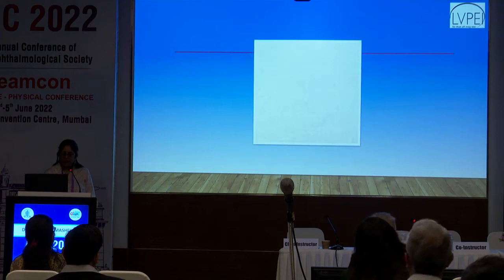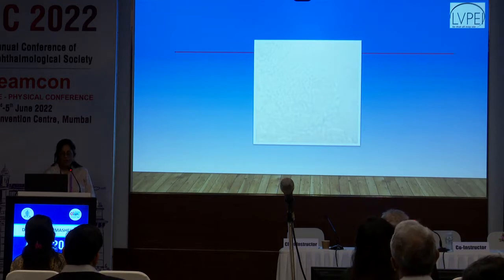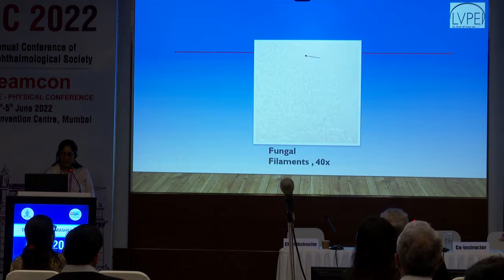So this is what a simple KOH mount would look like. And in our secondary centers, we have the doctors who are there. They take the scrapings and they look at it under a uniocular microscope. Just put KOH, which will sort of dissolve the cells which are not the fungal cells, and you see the fungal filaments very easily visible. And nowadays we also add trypan blue to the stain, so it highlights against a blue color.